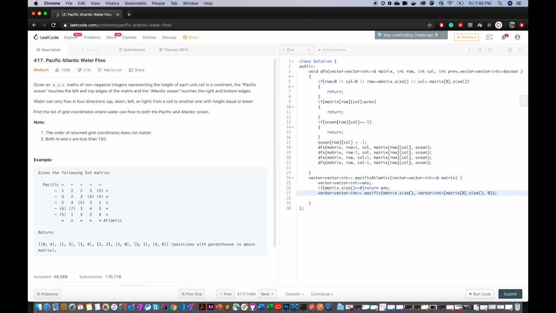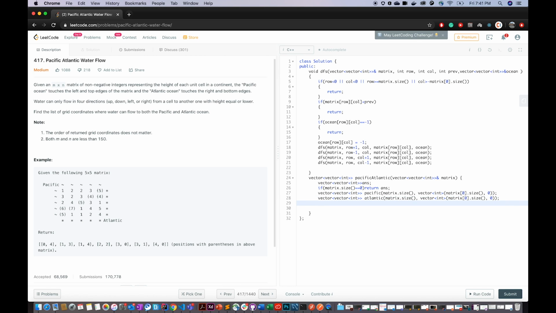So this initializes my Pacific vector, and similarly I also want an Atlantic vector because I need to check where both values are equal, and that is where I have to return. So I'm going to take this also and change the name to Atlantic. Now these are the 2 initialized vectors.